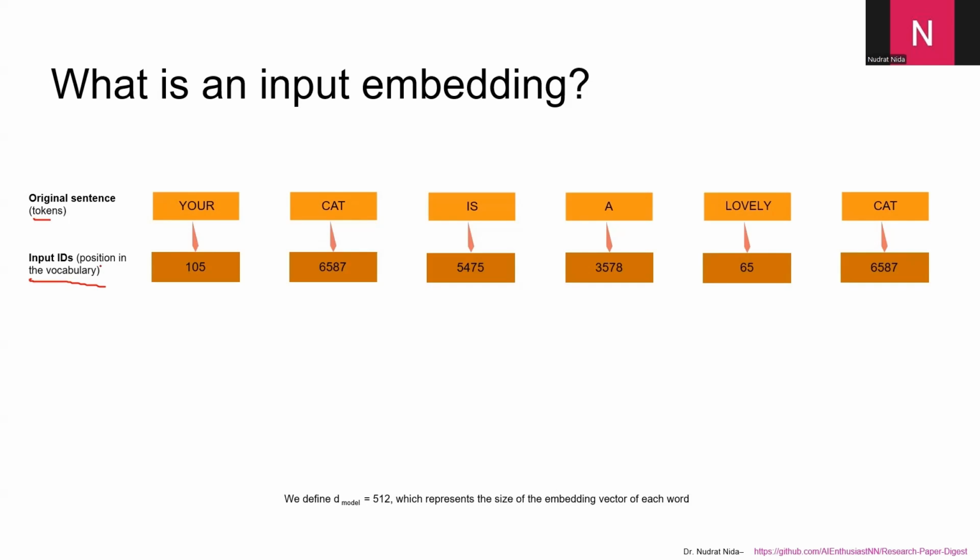So in English, your word is represented by the ID 105. You can see that cat appears twice in the sentence, and the ID, 6,587, remains the same in both of them. See? So in the next step,